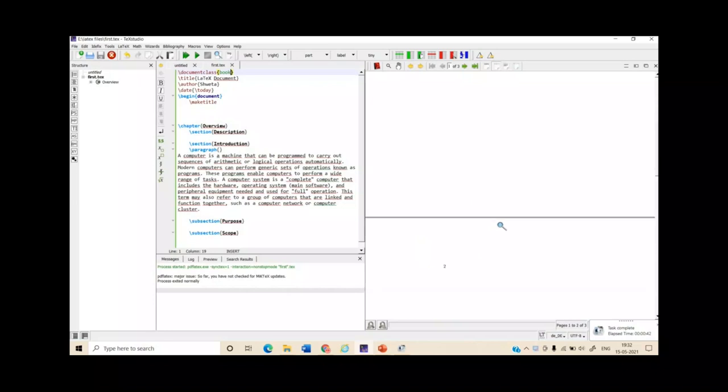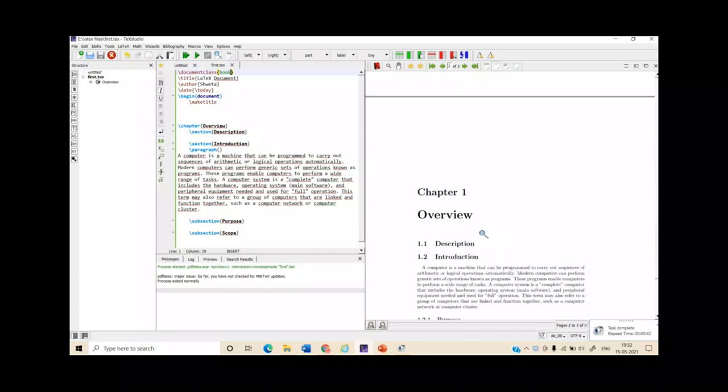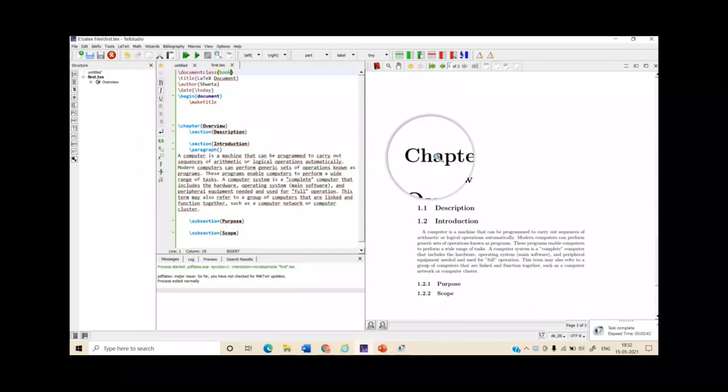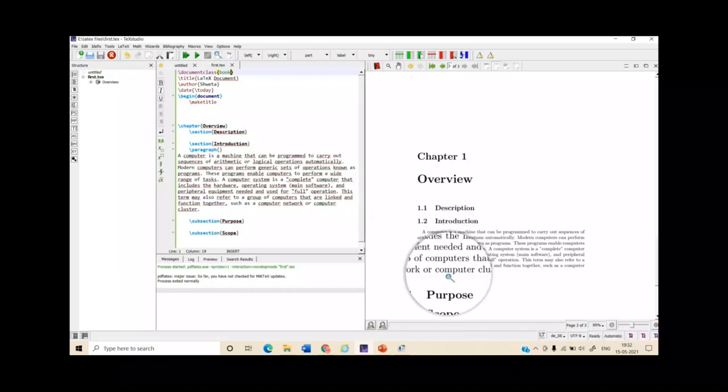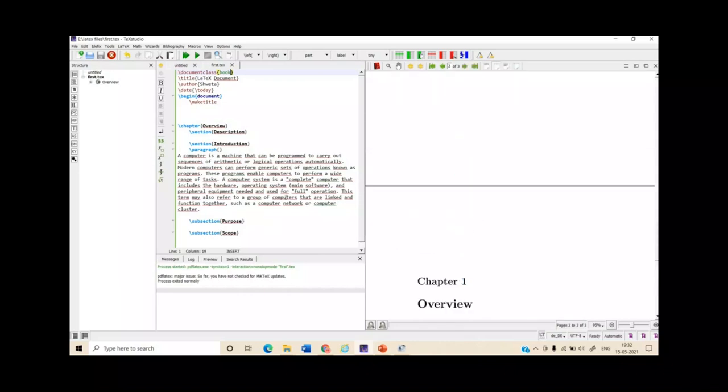At the front, you have page number 2, which is kept blank. And lastly, page number 3, starting from the chapter, then chapter number, chapter name, and the introduction, description, purpose, and different parts. Okay. So this is the proper manner for book.